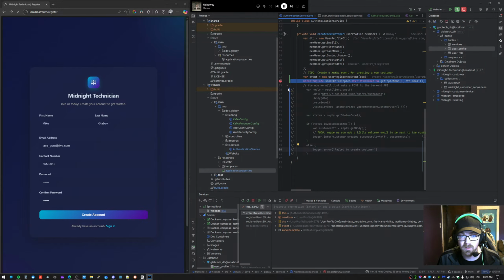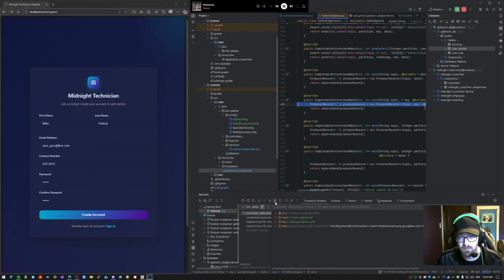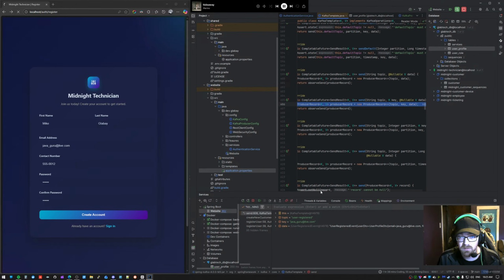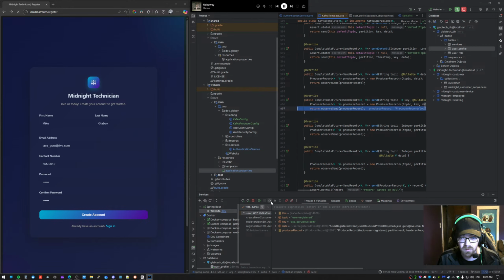So if we step over this or step into it, yeah, Kafka was written in an earlier version of Java. So I believe this is having an issue. So if we step into this, step over that,